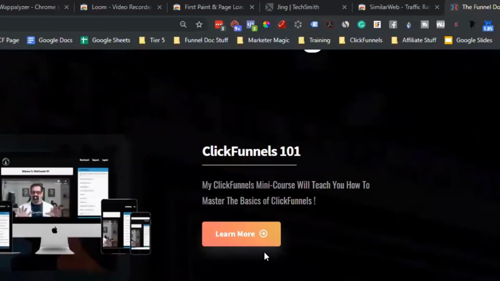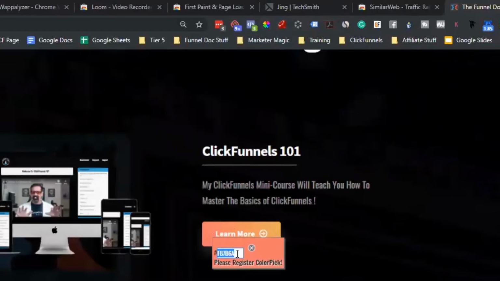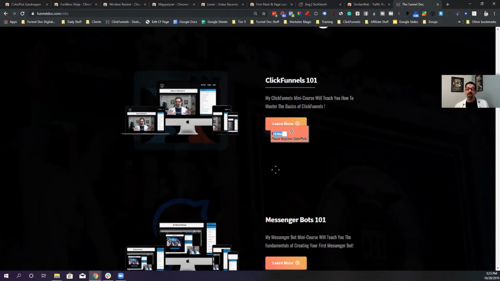Let's say that I want to go down and see what color this orange is. Again, just click the little eyedropper, go down, and highlight over the part I want to see. Boom, now I know the exact color. So if I want to use this at different spots of my funnel, or in different parts of my marketing, the